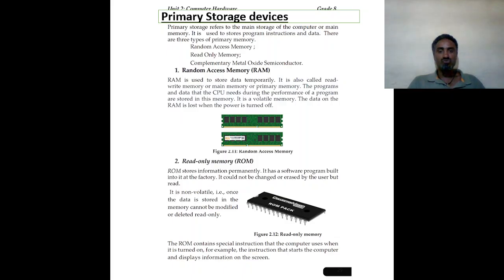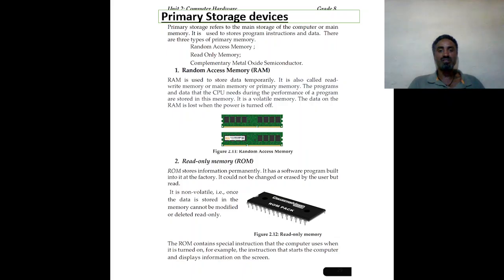The RAM is used to store data temporarily. It is also called the read-write memory, main memory, primary memory, or working memory. It is possible to modify. Any file that is stored under RAM, it's possible to modify. We can edit, we can change. Not only read, we can also write. It means we can create, then we can save. When we save, it is on the way from primary memory, this random access memory, to the secondary storage device, which is the hard disk.